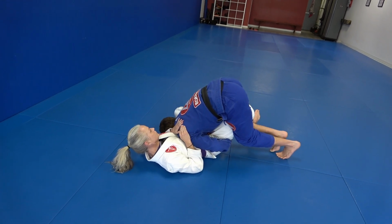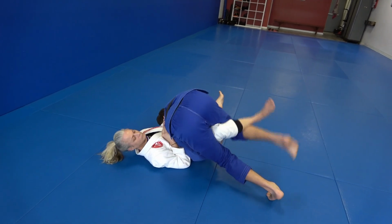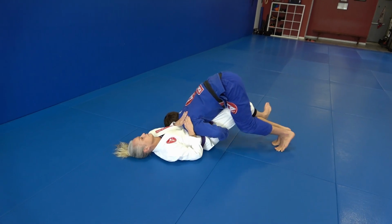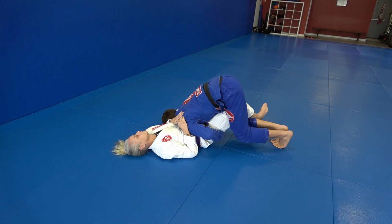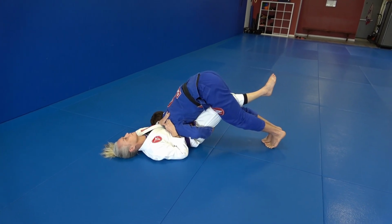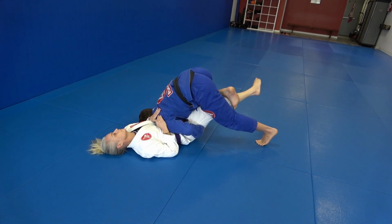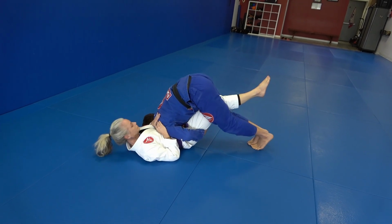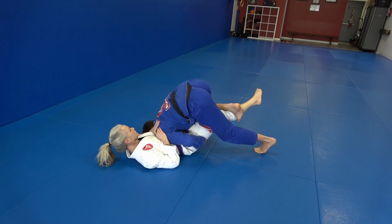Now I'm going to start to walk to my right. So I'm winding this up. If I walk to my left, I can't clear my hook. I walk to my right to straighten her leg out. I pinch my knees to put pressure on her knee to get rid of this hook. So I straighten and I get rid of the hook. My foot is going to come up towards my hip and I windshield wipe right over. Okay? So over here, on my toes, I pinch, foot comes up, I windshield wipe over,